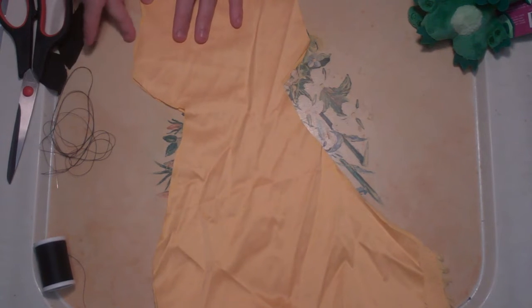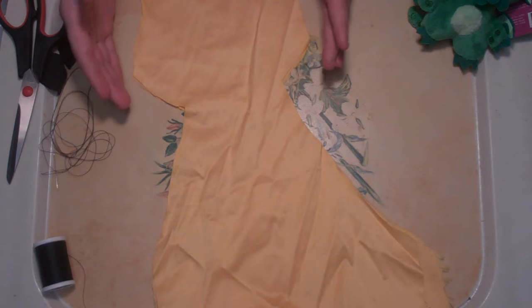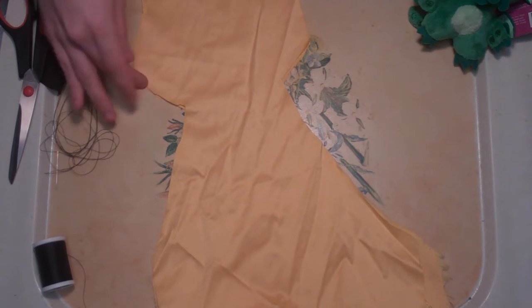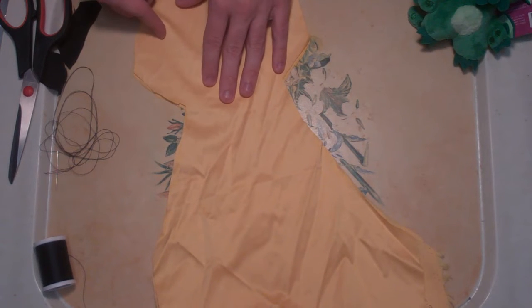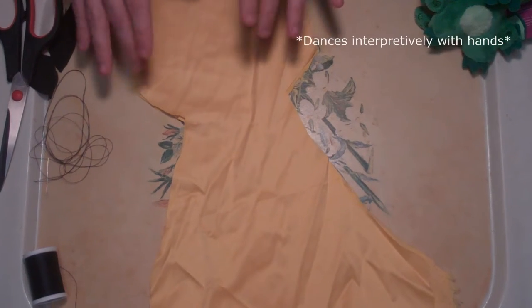Now don't be alarmed if not everything matches up perfectly, because unless you're amazing at cutting, it's probably not going to, which is perfectly fine. That's part of why we cut it bigger than we wanted the finished product to be, because it's more or less going to be your stitching that actually determines how well everything matches up and how well shaped everything is. So say, yes, this is cut like this, but if I were to sew it like this, when we turn this inside out, because it's going to get turned inside out, it would just be flat, and all this would be on the inside of the